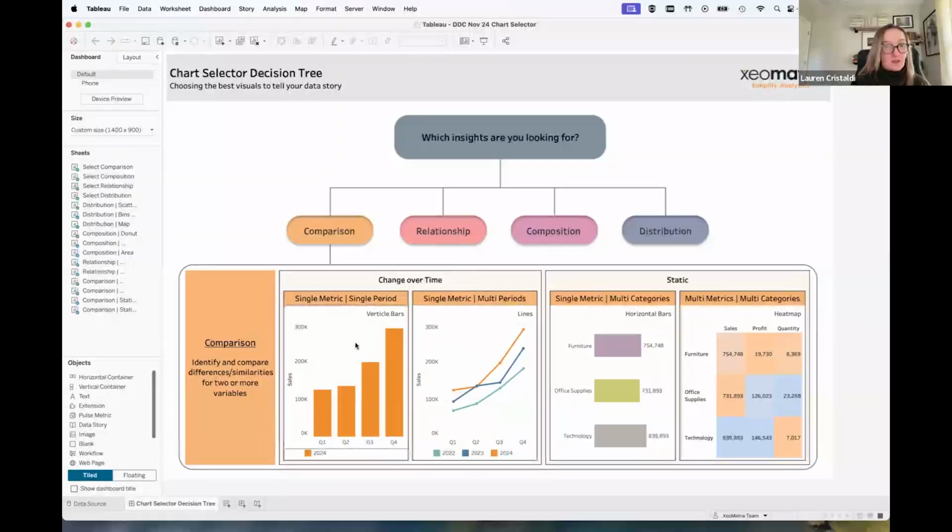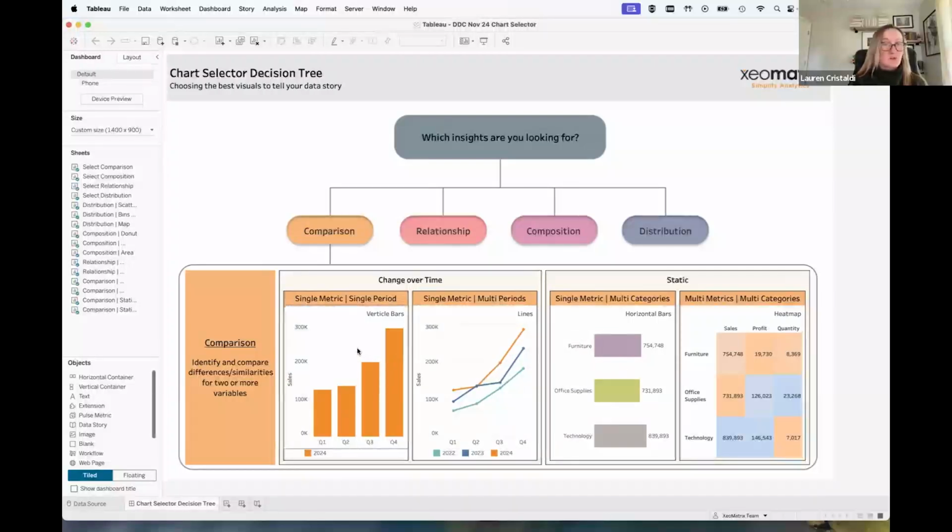So yeah, the first one, we have these two sections in comparison that are change over time and static. Static would be like, I want to look at overall, not necessarily broken out by quarters or years or anything, just for this time period or for all of these years, what are my different metrics? Whereas the change over time, we have it broken by quarter. So the best way to do that, and really the easiest to read and get quick insights, would be to have these lines, and then you can see the difference between the years.